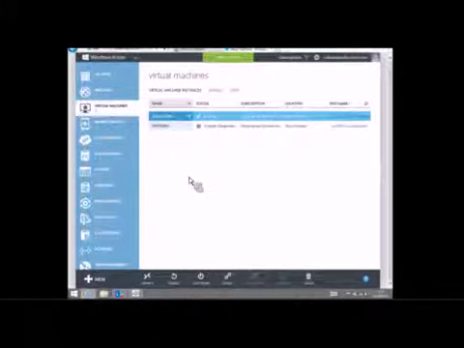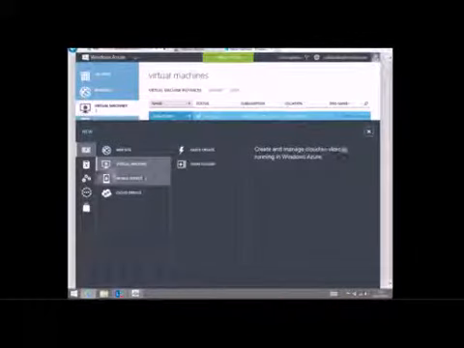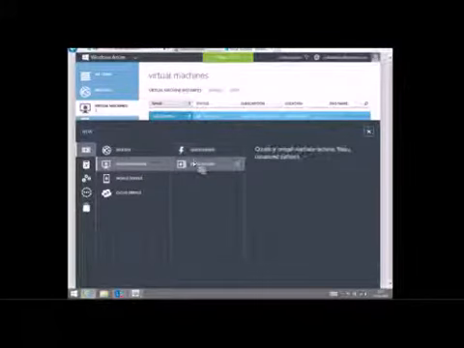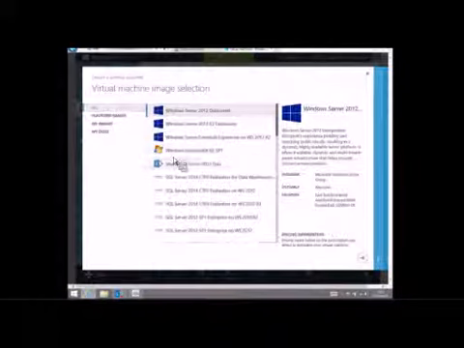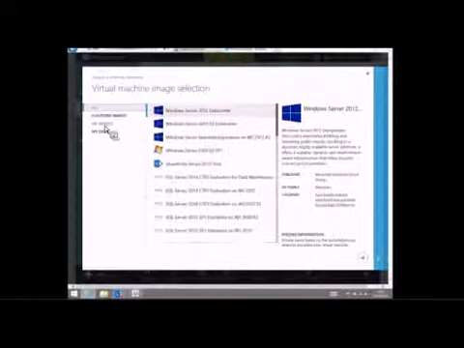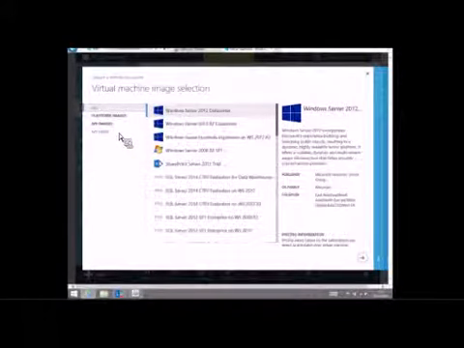But if I want to create a new machine, it's really easy to do that. I can go to New. I can say that I want a new virtual machine, and I can either quickly create one or say I want to take a stock image from the gallery. And this could be from my images, my disk that I've uploaded from an on-premises machine to Azure, or it can be a stock image that Microsoft provides.